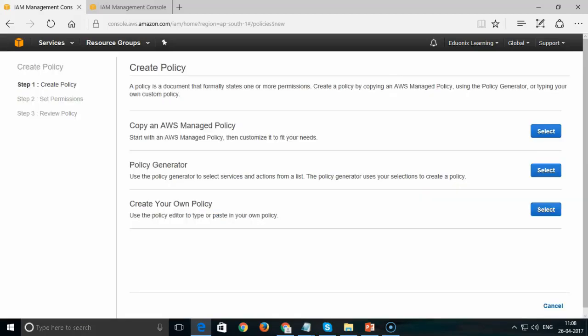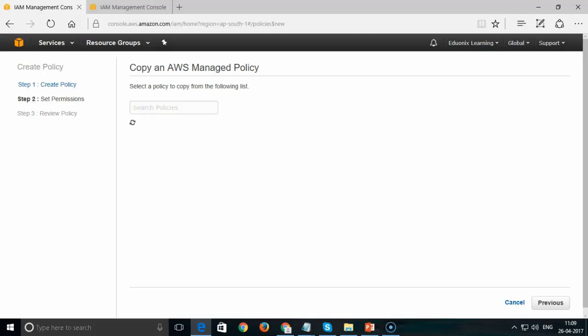So create a policy. Once you create a policy, you have three different options: copy an AWS managed policy, policy generator, create your own policies. So if I go ahead with copy AWS managed policy, you can use this if you want some existing policies and you want to modify or make some changes into the policy, or you can use it as it is. Now if I move over here for copying an AWS managed policy,